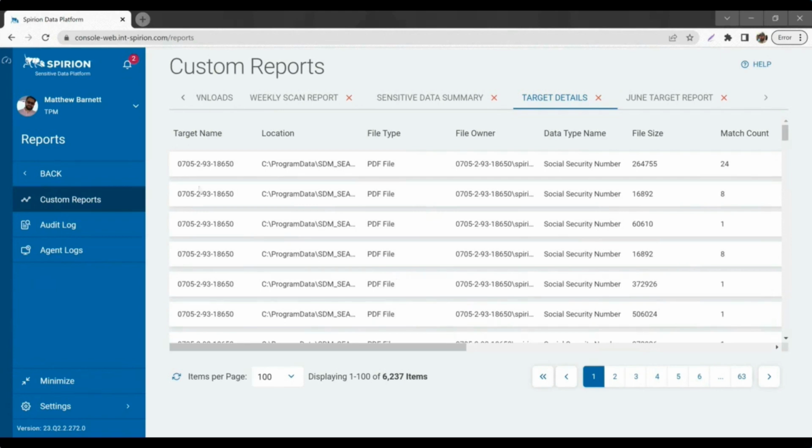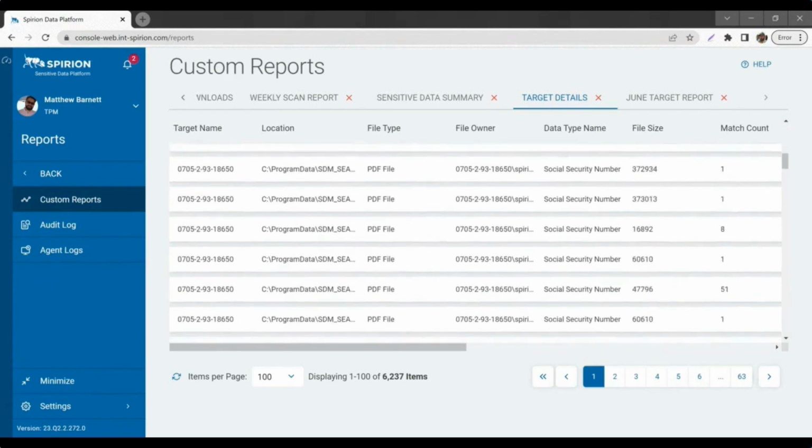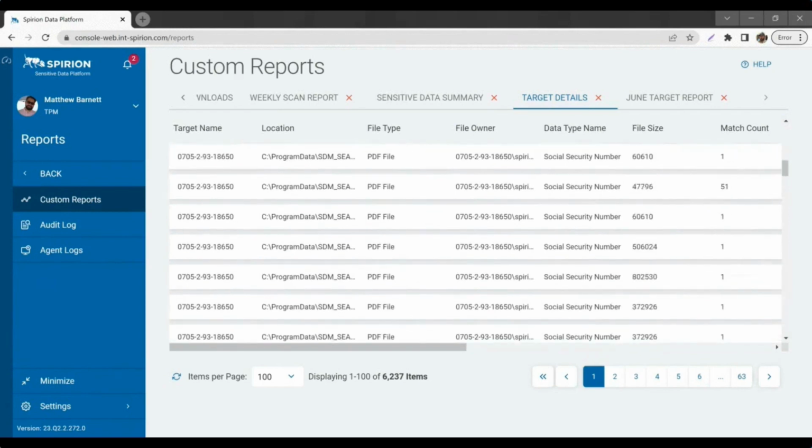One, we have a list of targets. You'll see this is the exact same target over and over again. A target being something like an individual user workstation. It could be a SharePoint site. It could be a database. Whatever that is, that would be the target, which is also going to have a list of locations. Or more specifically, that's going to be a list of files that are inside the application or inside the targets that are being scanned. And we list that as a location because it is going to list the full file